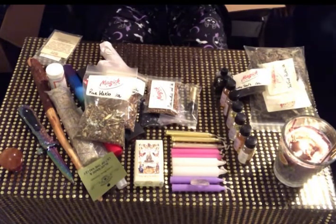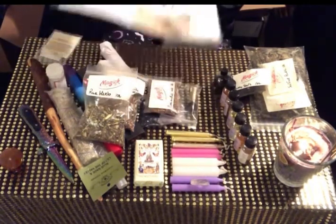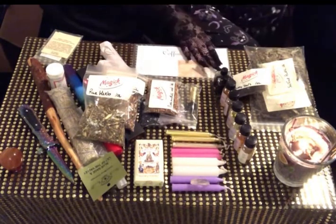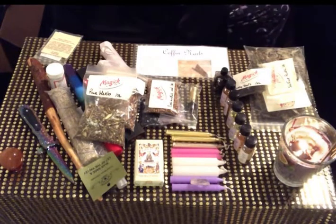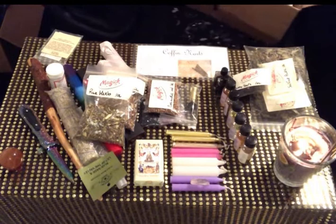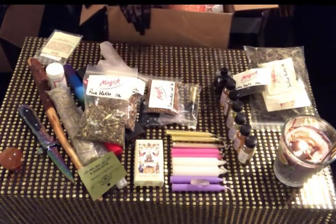So I want to be very careful whenever you're using anything like this. We don't even know if it's legit or not, but they look pretty rusty and pretty old. You can also do similar things when they call for coffin nails. You can use iron spikes, things like that. I don't like to work with iron because the fairies don't like it. I don't know if these are iron, but